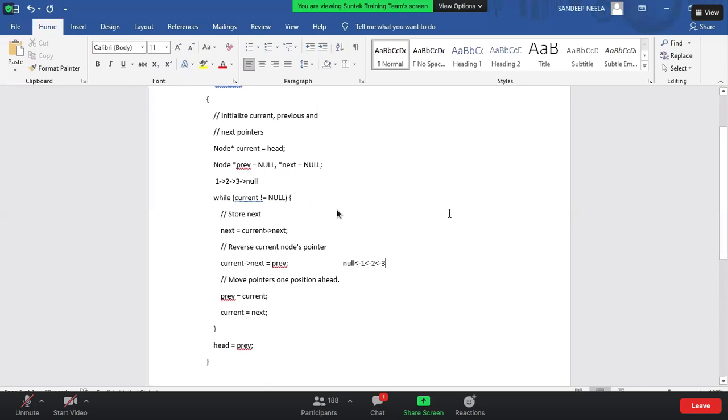Ramesh, can you unmute and explain what your exact question is? Sir, outside the loop, we assign the previous value, no sir. Correct. At the end of the loop, the last value will be stored in previous. So the head points to 3, no sir. Correct. Okay, sir. Execute it.